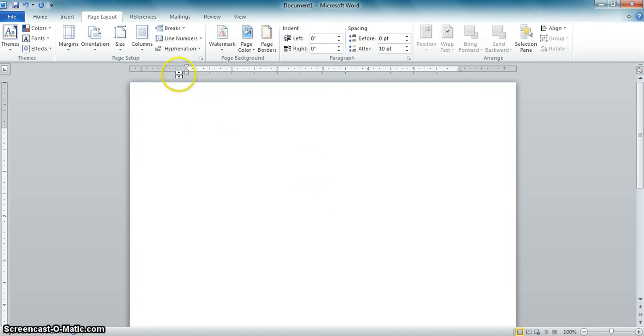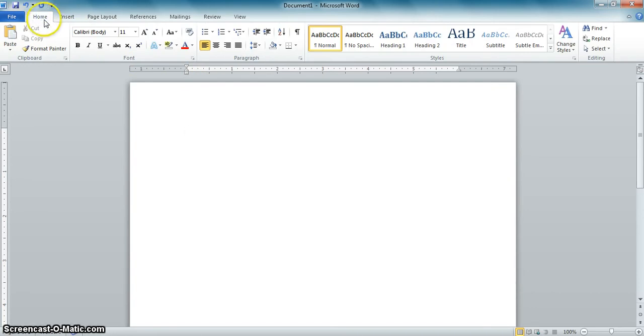To access the font, you go to the Home tab at the top of the page. Click on that. And you'll notice it says Calibri 11 point. That's not in compliance with MLA. MLA calls for Times New Roman 12 point. The reason that they require Times New Roman is because it's a very easily readable type. In fact, most of the newspapers in the world use Times New Roman because it causes very little eye strain